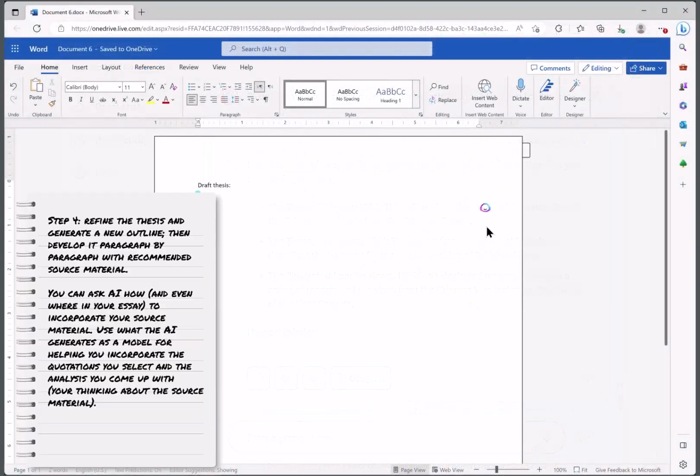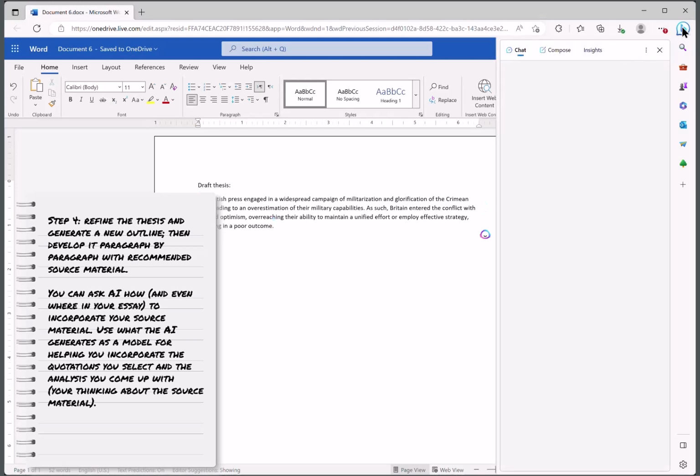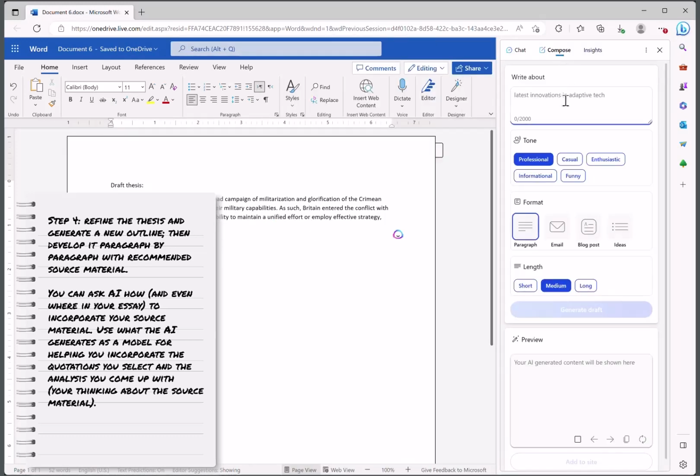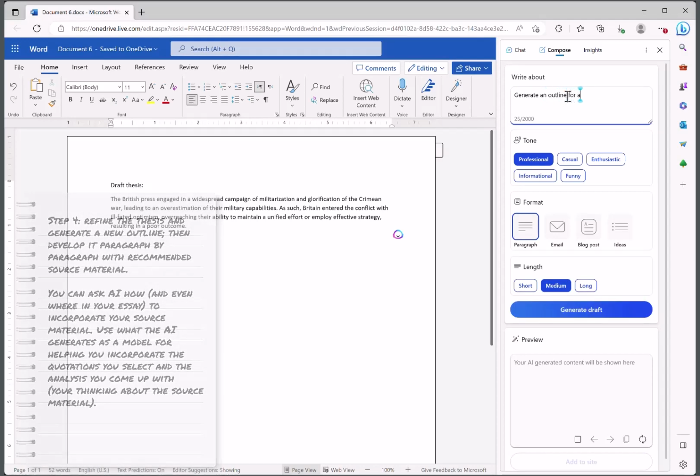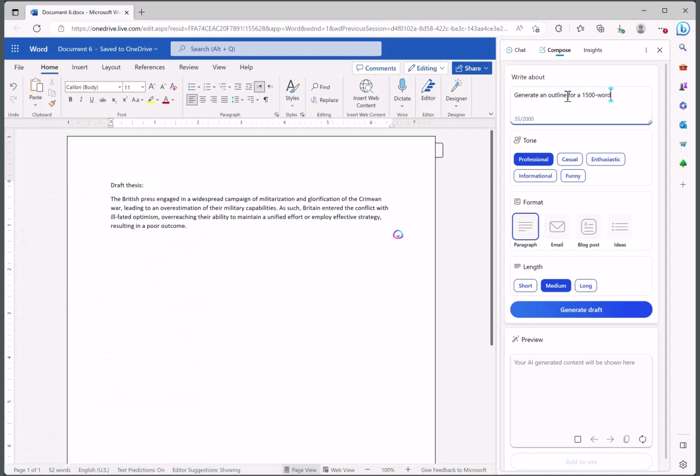I think the key to producing accurate source-based text is to work bit by bit. I found that starting with an outline in Bing instead of a complete essay and moving paragraph by paragraph using both the chat and compose features in Bing produces better, more accurate source-based content than any other method I've tried so far. An outline can be generated in any of these tools. You just have to specify in the prompt that you want an outline rather than an essay.